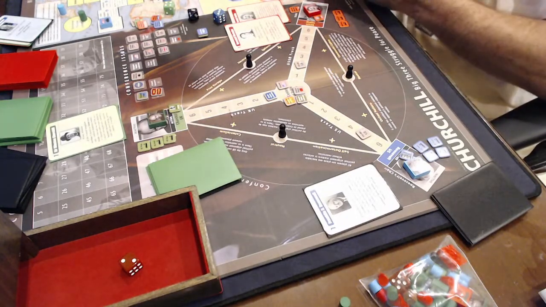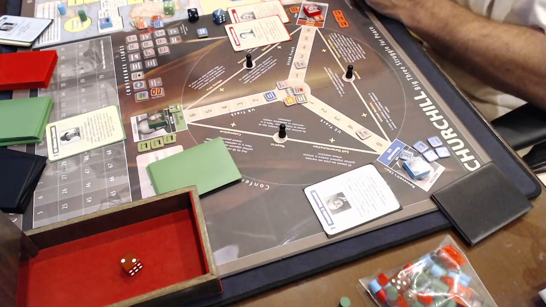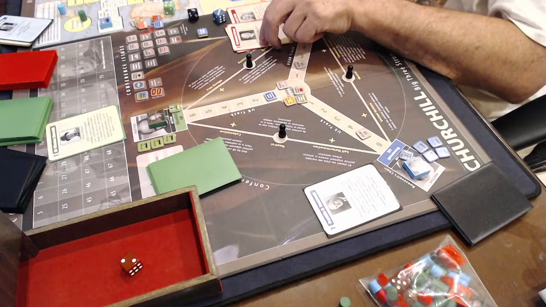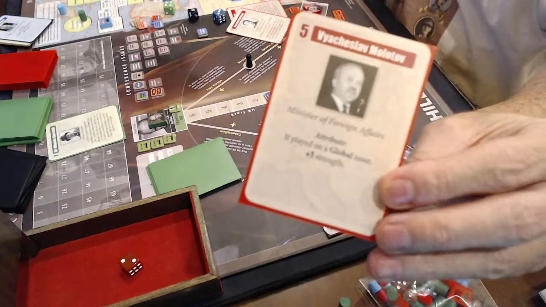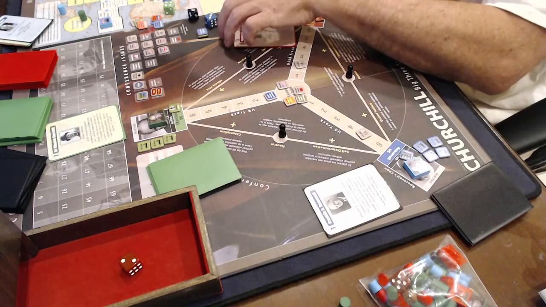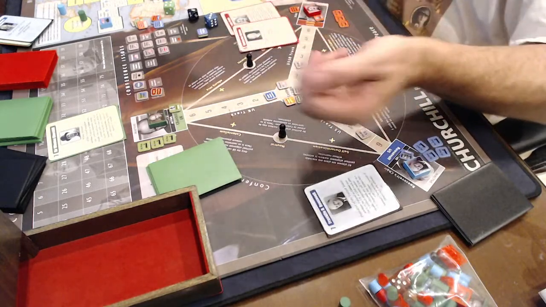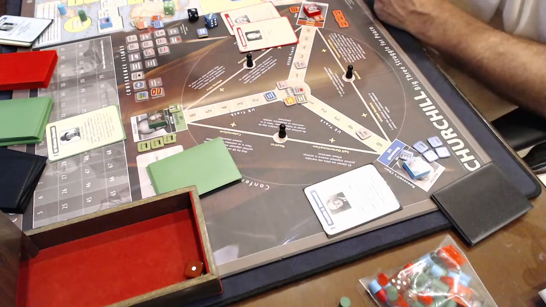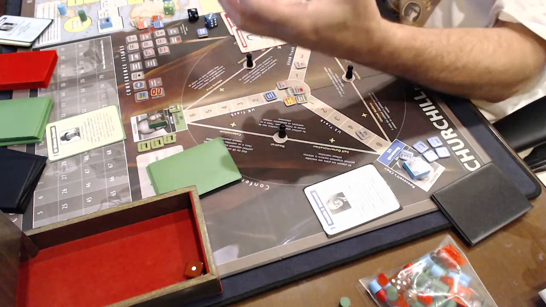And he is not choosing to actually... oh, wait a minute. Yes, he will choose to debate it. He's going to use his big boy here. This is Vladislav Molotov. So he's a 5, but remember, because of the Niet bonus, he gets a 6. But remember, before we do any of that, we've got to find out if he's arrested and thrown in jail. We do not want to roll a 1 if you're rooting for the USSR. So, I think...